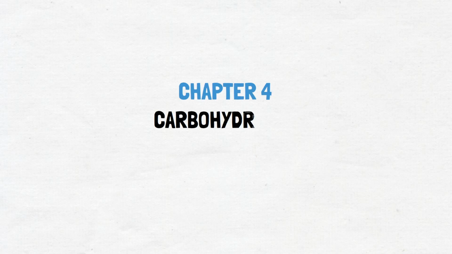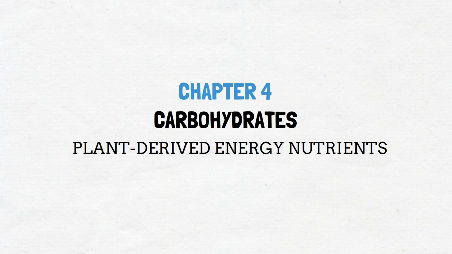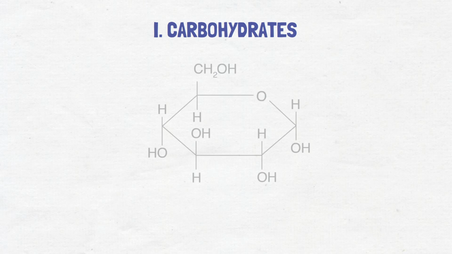Module 4, Carbohydrates, Plant-Derived Energy Nutrients. In this chapter, we will discuss various aspects of carbohydrates. Carbohydrates are organic molecules that consist of carbon, hydrogen, and oxygen. They are one of the three macronutrients, together with protein and fat, that are an important source of energy for